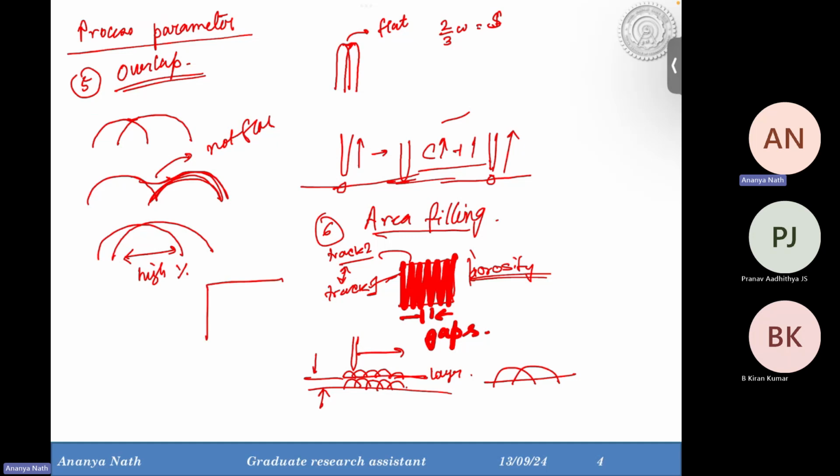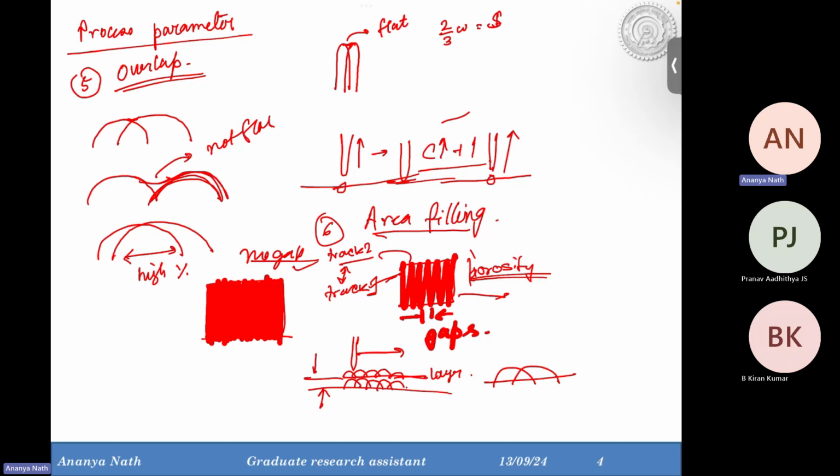And area filling is how you are filling the area. If you are filling the area like this, you may have some porosity. So you may fill the area in this manner with a higher overlap ratio. As the overlap ratio is high, now there are no wide gaps in between tracks. You see? So here, no gap,